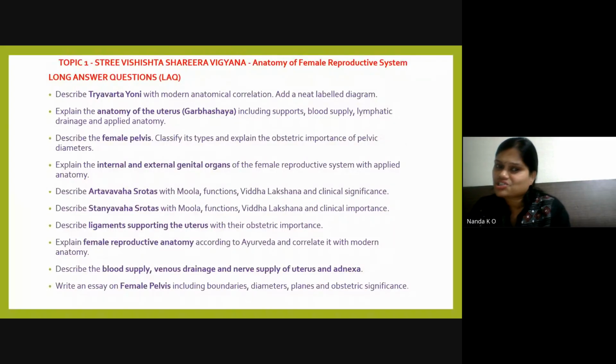They may ask you about structure. They may split it and ask 2, 2, 2, 2, 2 to make a 10 marks question. It is all left to the paper setters. But still, because it is specified in your syllabus copy, LAQ should be a structured question. They can't ask you directly. They have to go with